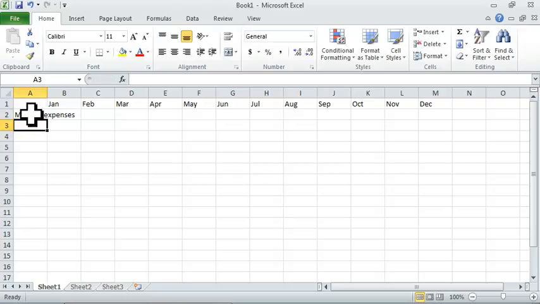Row number 3 will be your monthly income. And row number 4 would be your monthly balance. Now, let's add